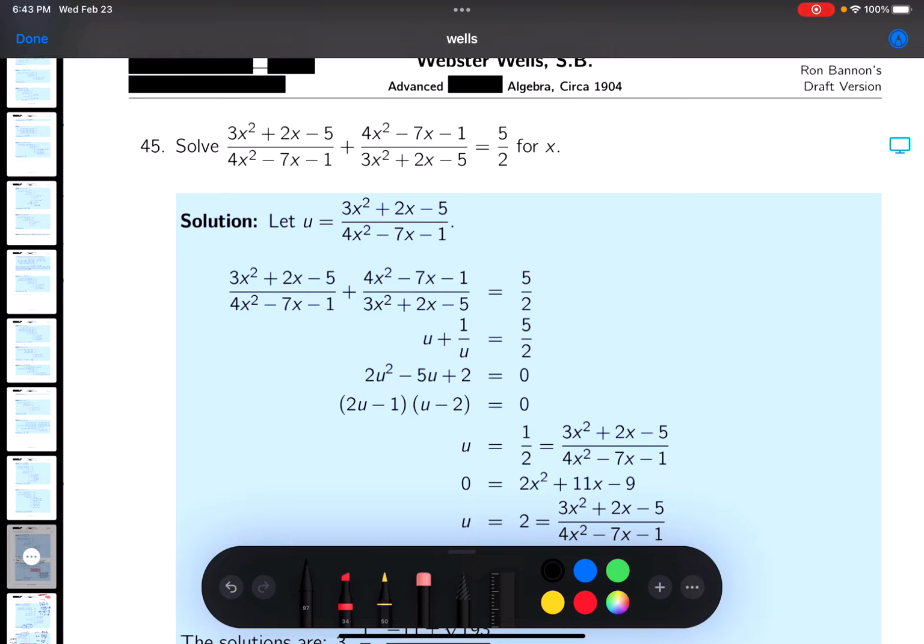Again, it pays to pay attention to these things over here. And what I mean by that, looking at this term and this term, I clearly see their reciprocals. So I make a substitution just to make my life easier, and that would be u plus its reciprocal u equals 5/2. Multiply both sides by 2u,